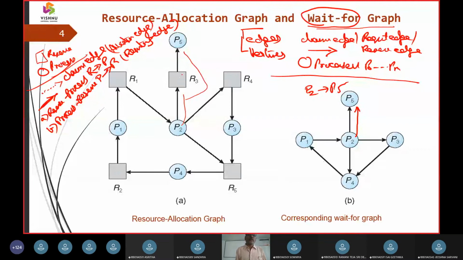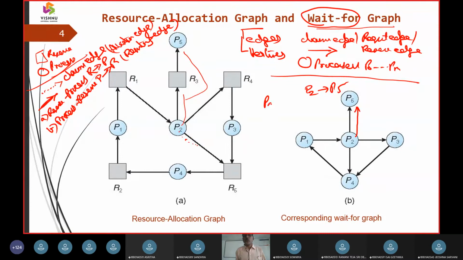So what does wait-for graph mean here? Process P2 is going to hold resource R5, and it is going to wait for a resource which is in the hand of another process.